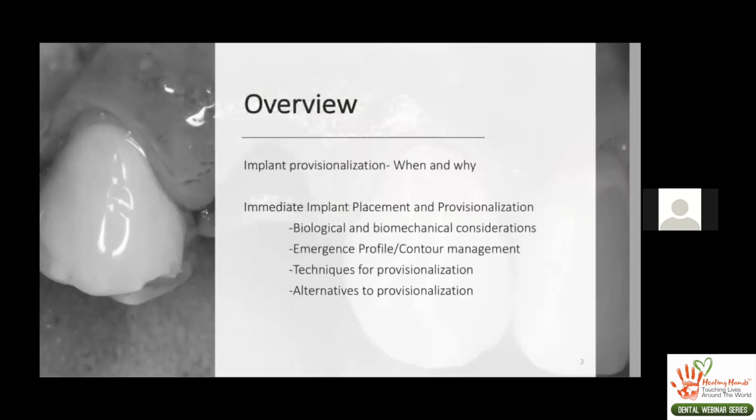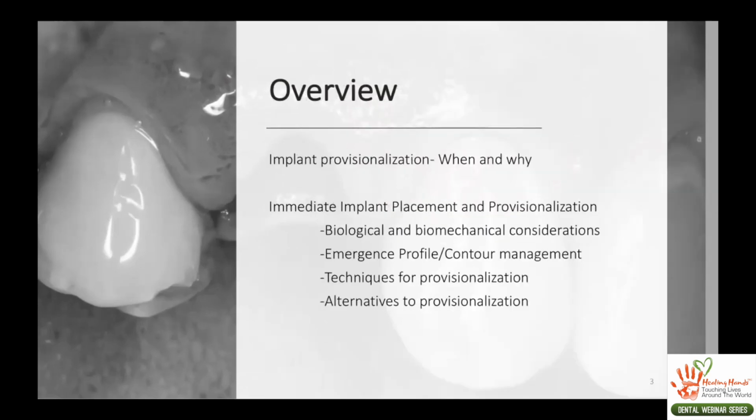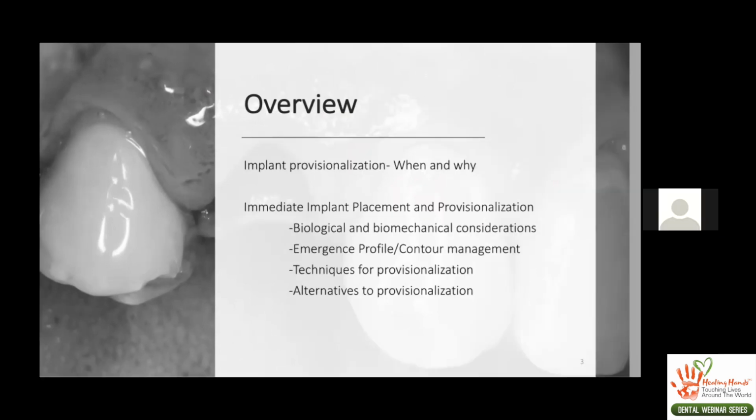What I'd like to do is talk about when and why we should consider implant provisionalization, and then focus a little bit more on immediate implant placement and provisionalization, talking about biological and biomechanical considerations, how to really develop the emergence profile and the contour management, and what are some of the essential considerations behind this. And then I'm going to discuss several techniques that are available to us today and focus on what I commonly do, and then also talk a little bit about alternatives to a full provisionalization in situations where you cannot provisionalize an immediate implant,